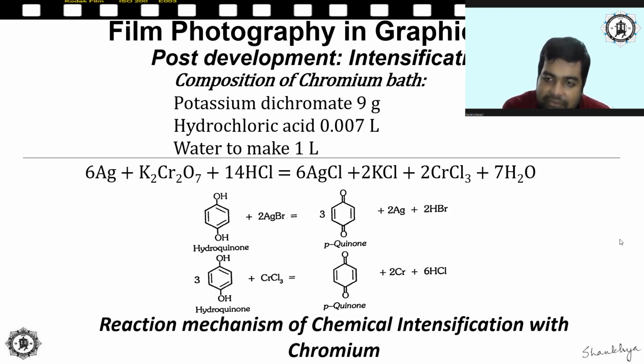To be effective, chromium intensification must often be repeated several times. The two main ingredients are potassium dichromate and hydrochloric acid, which are both basically hazardous chemicals. Hydrochloric acid can burn a hole in your skin, and dichromate can cause serious skin irritation. Negatives to be intensified with chromium should first be hardened either in the fixer or after fixing in the hardening bath. Failure to do so may cause the gelatin to reticulate and ruin the negative.